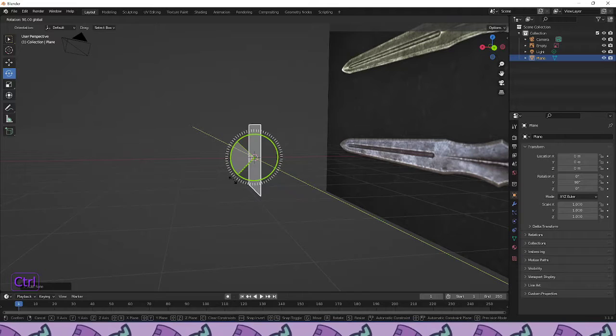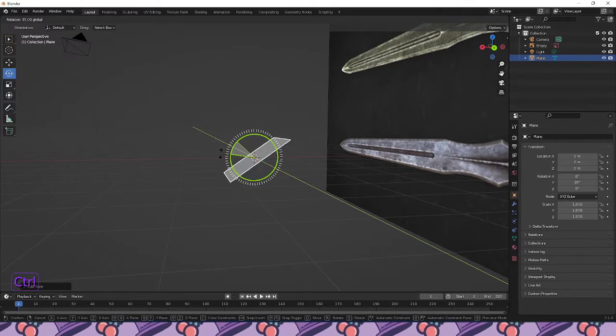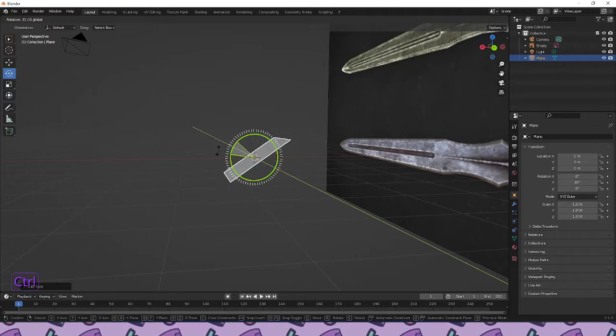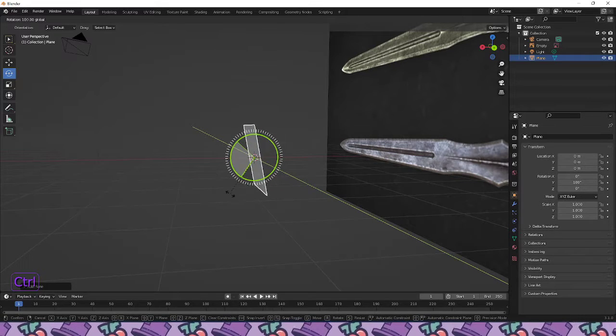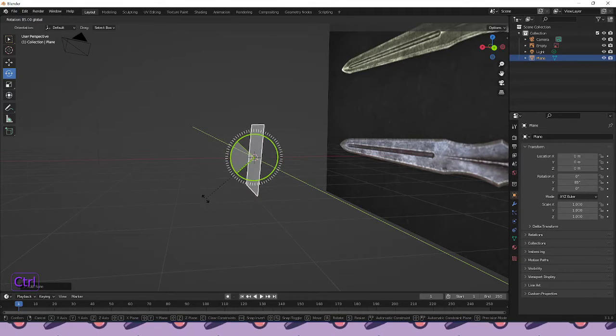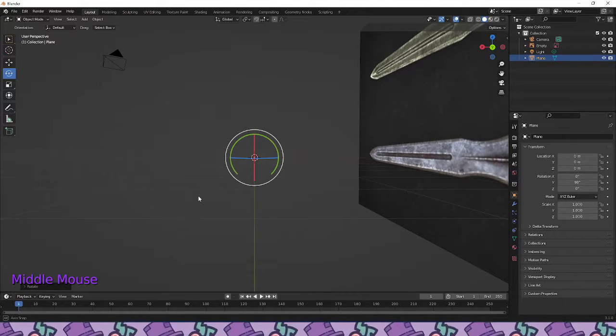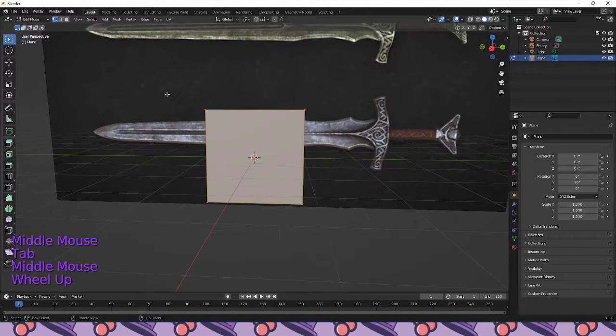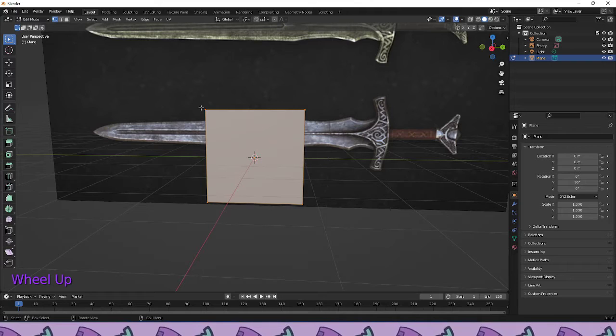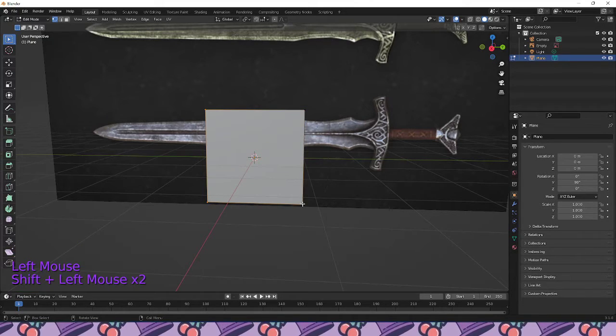If you don't already know, if you hold Control when you rotate, it will lock it by increments like this. And I recommend doing that instead of the free rotate. So rotate up to 90. Go into edit mode by pressing Tab. Make sure you're on vertex select. And I select every vertex except